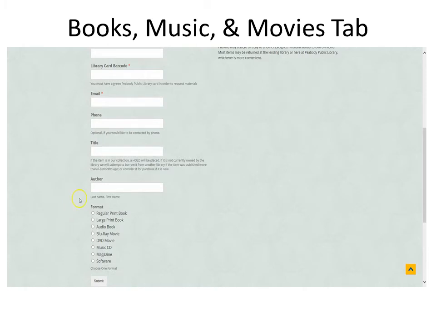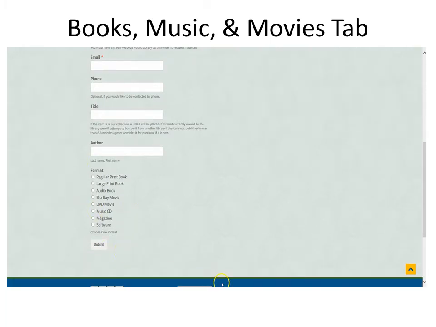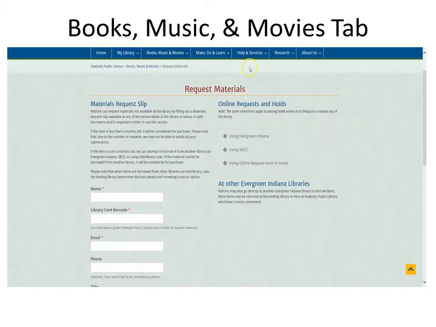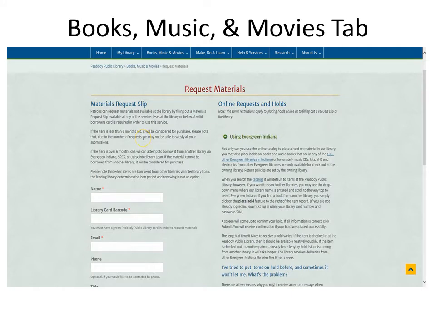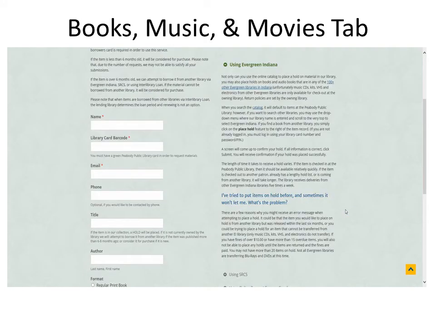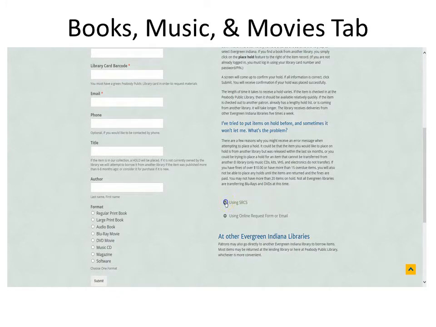Or any other kind of format that you might want to get added in there, and click submit. These are online requests and holds using Evergreen Indiana, which I'm going to show you when we get to the catalog process. Using CIRCS,